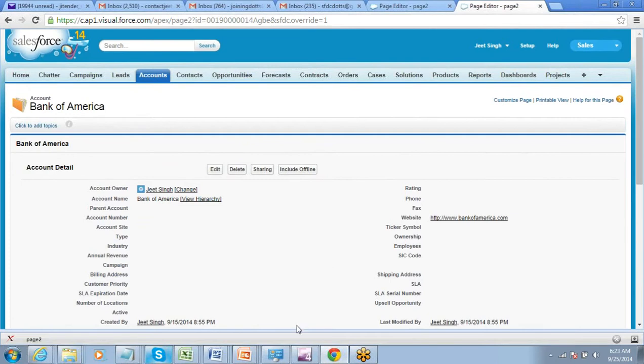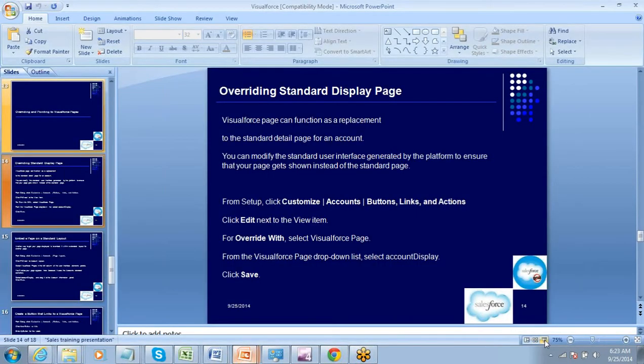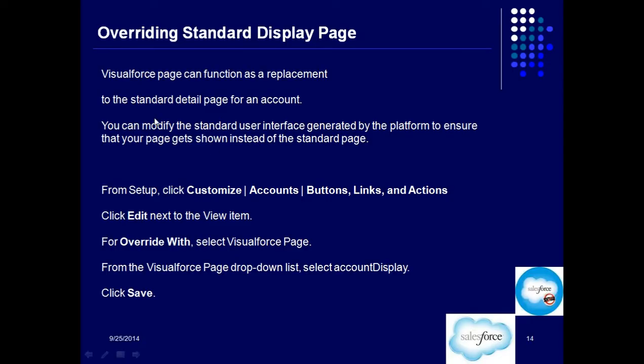So this is one way of using a Visualforce page. Once you have designed a Visualforce page, you can override the standard page. A Visualforce page can function as a replacement to the standard detail page for an account or any object. You can modify the standard user interface generated by the platform to ensure that your page gets shown instead of the standard page.